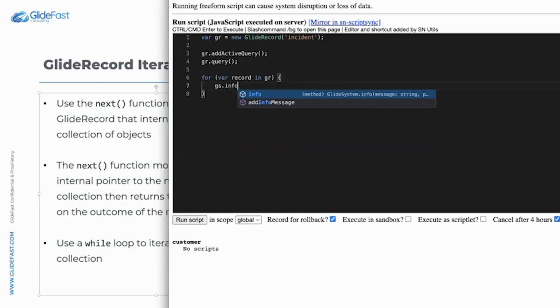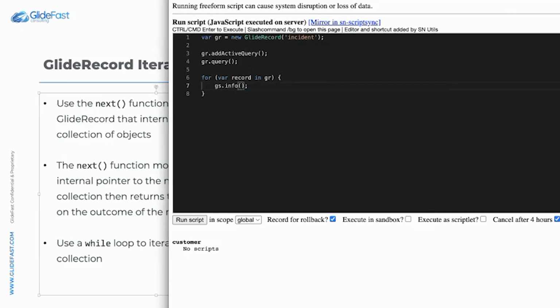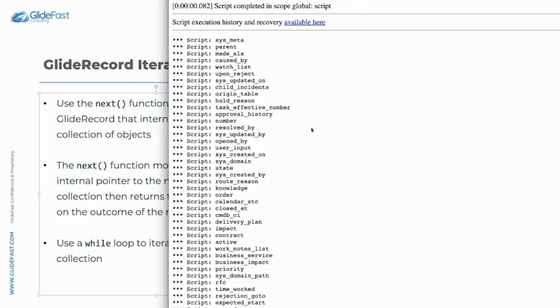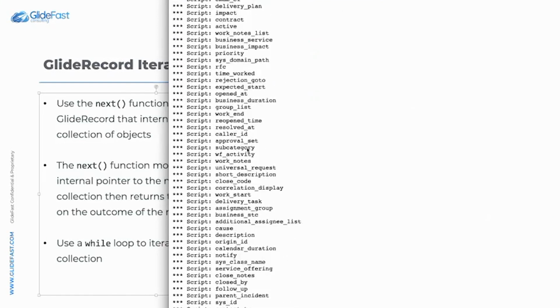Let's do a gs.info of gr... actually, let's do gr record. Is that how I do it? For each record in gr. Yeah, no, I would just do record. Sorry. So let's see what happens if I just do record. What's that? So it looks like we got a bunch of